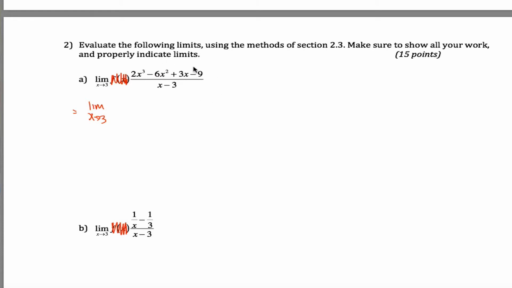And the way you can figure that out is the problem with this is it's discontinuous when x equals 3. But I can find another expression that has the exact same limit that's not discontinuous at 3 if I can cancel out this x minus 3 with an x minus 3 from the top. And I can do that if I can rewrite the numerator as x minus 3 times something else. Well, let me show you how you can figure out what's up top. I could factor by grouping